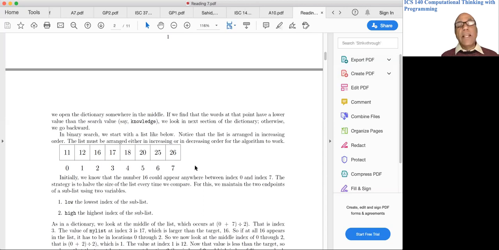So even if you have 1 million elements, in about 20, 21 comparisons, you will be done with your search. Even if it is 1 billion, it is going to be like 30 comparisons. With 1 trillion, it doesn't increase much, maybe 40 comparisons. So it only increases by a small amount, even if you increase this list size by very large values, right? So this is a very efficient